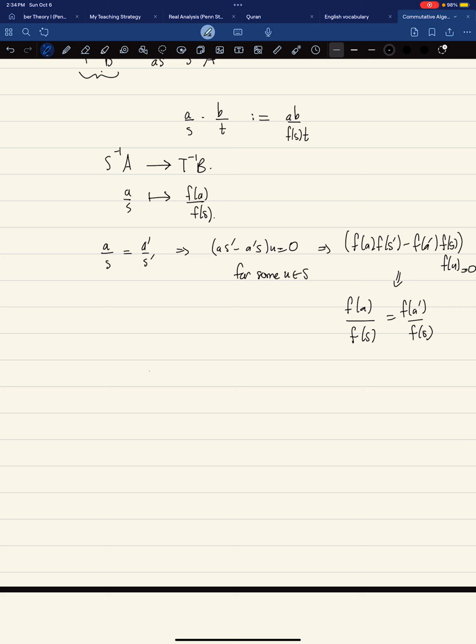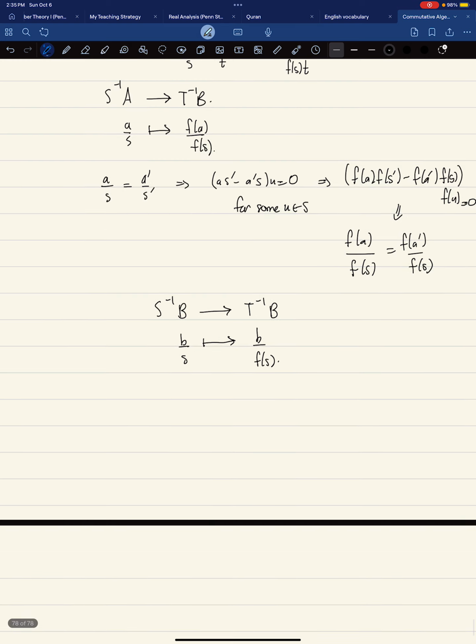Can we define an explicit isomorphism? Let's say from S inverse B to T inverse B, taking b over s and sending it to something like b over f of s. Isn't this an isomorphism as S inverse A modules? Let's see. So first of all, is this thing well defined? b over s is equal to 0 in